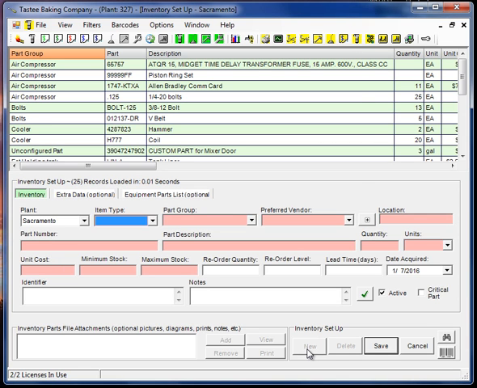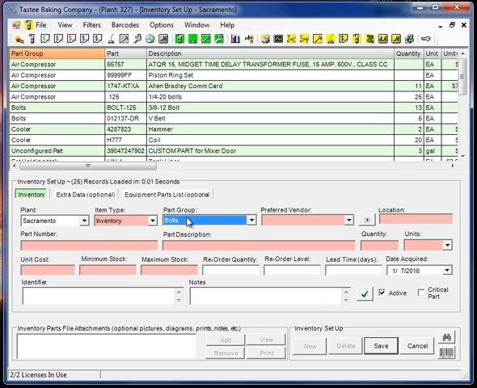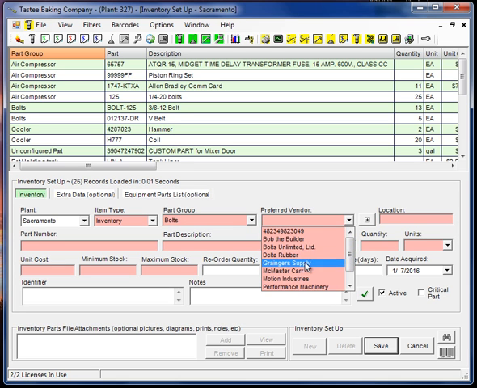I'll click the New button. I'll pick an item type. Keep in mind, anything in any of the drop-down boxes is user-defined, so you can add as many item types as you like. I'll pick a part group. Again, these are user-defined. I'll pick a preferred vendor,